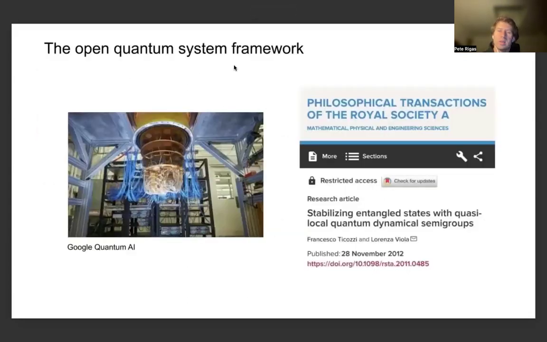In the open quantum system framework, it's related to another very short preprint that I did earlier last year, around, I think, September or August, on eigenvalue attraction. And it's relating to the fact that, again, from this next generation hardware that's being developed by Google Quantum AI, to be able to generate or extract some meaningful measurements and stabilize highly entangled states, that's as given in this reference from 2012, we have to be able to look at ways to localize, to prevent noise from accumulating